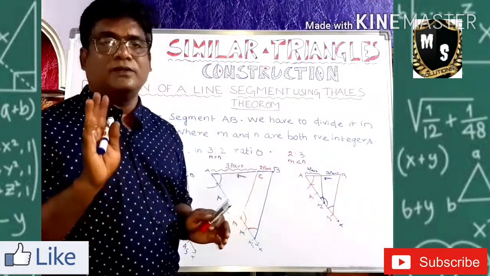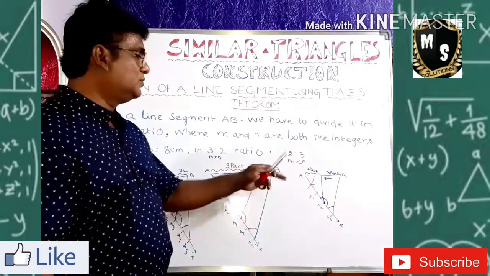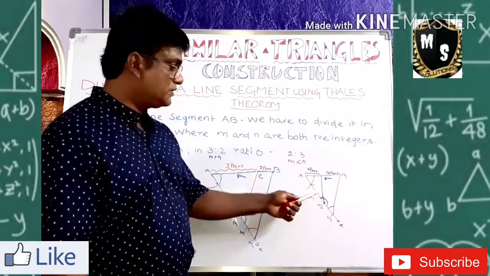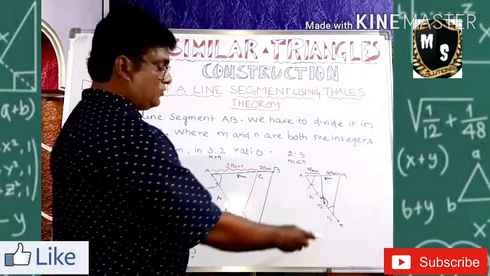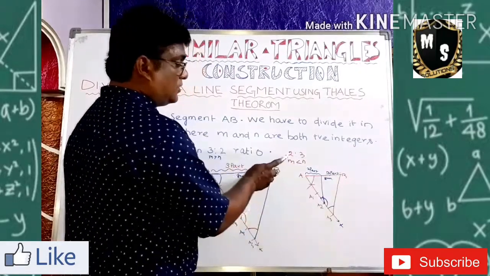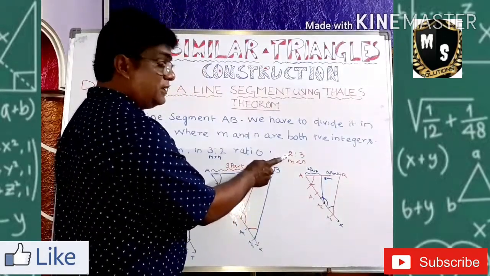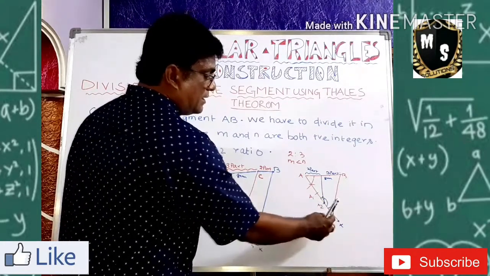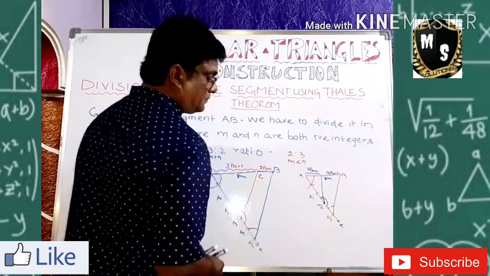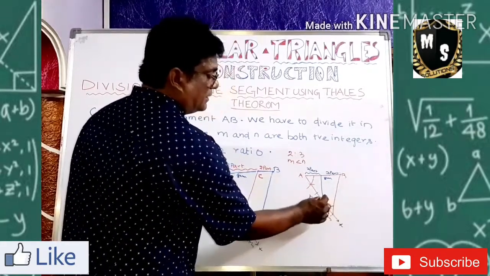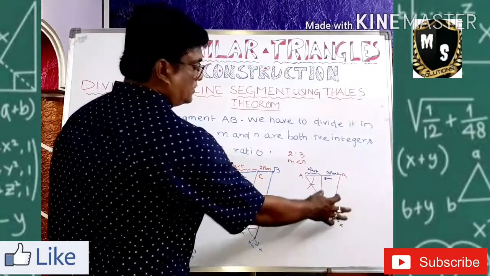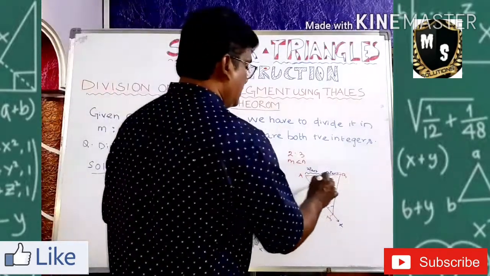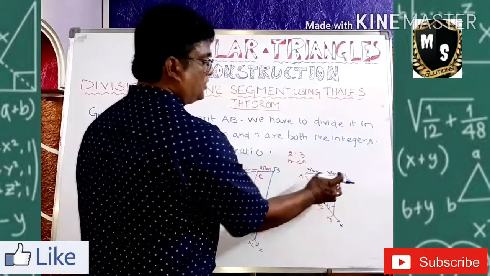Try to remember, that is important. Don't add it. It is the bigger part you are going to cut. So how many parts are you dividing? 3 parts. 1, 2, 3. Now A3 and B is joined. What arc should be taken? It is from the 2 point. So A1, A2. In this, take an arc, take the measurement of this angle, cut it and join it. These two lines will be parallel, and where it is joining, that is your C point. Now it is divided into 2 part to 3 part.